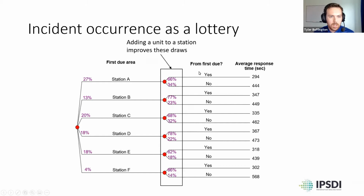And so what we've done is we've built a model that simulates the effect of adding a new unit to a station by modifying these probabilities here. I'm not going to go into details of how that calculation works. It's a little bit complicated, beyond the scope of this presentation. But the idea is that if you add an additional unit to a station, then that station now has more resources, and so it's less likely to be in a position where it cannot respond to incidents in its first due area. So by simulating changes to these probabilities, we can simulate the improvement in response time,